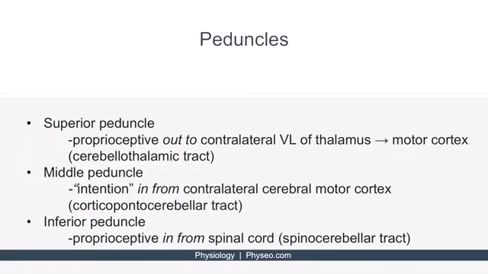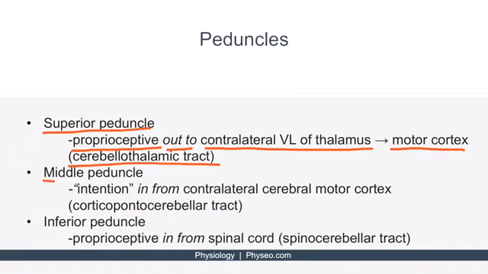So now let's review the peduncles. The superior peduncle will send proprioceptive information out to the contralateral VL of the thalamus. And from that VL, it will send information to the motor cortex. And this is called the cerebellothalamic tract because it goes from the cerebellum to the thalamus and then finally the